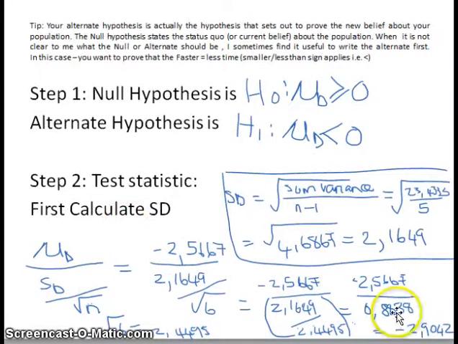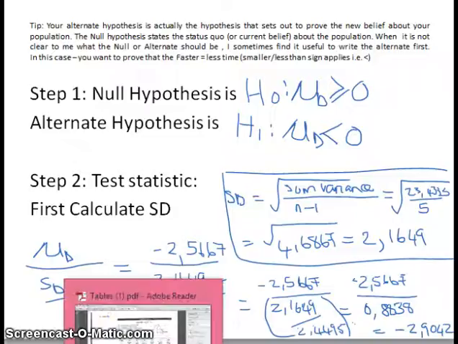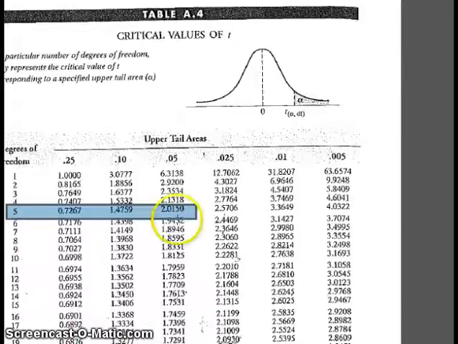I'm going to run out of time horribly, so I'm going to try to quickly, within less than a minute, explain the critical value. Going back to our null hypothesis, the critical value will be on the left-hand side of the table, so it will be a negative value. To obtain it, we use the t-table at the relevant alpha, which is 0.05 as given in the question, at n minus 1, so 5 degrees of freedom. Our critical value will therefore be minus